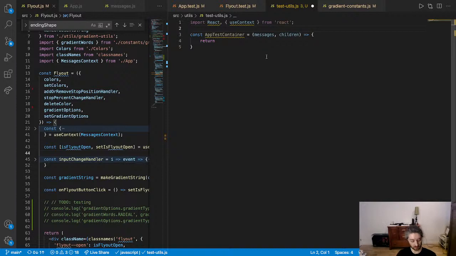But if app renders, app is going to render flyout, so that's not going to work. So how would, because I feel like this function would need to render the, I feel like app test container